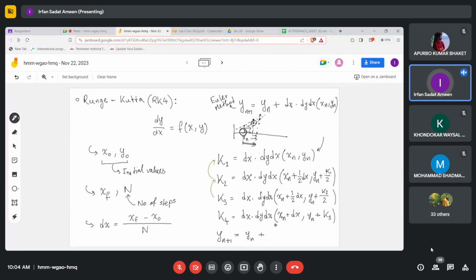So average-টা এভাবে নিতে হয়। So this is the formula, 1 by 6, then you have k1 plus you have 2 times k2, then you have 2 times k3. তাহলে স্যার আমার xn প্লাস হাফ ডিএক্স এটাকে দুইবার করবো? হ্যাঁ, xn plus half dx, yes, k2 আর k3। আচ্ছা ঠিক আছে।